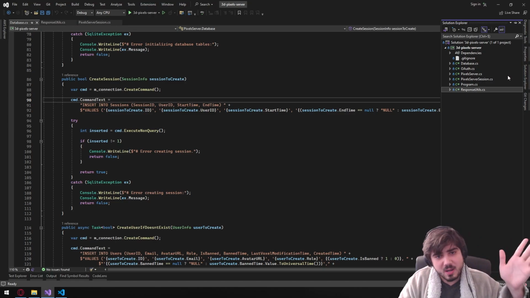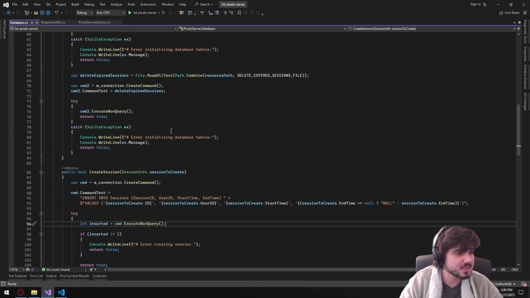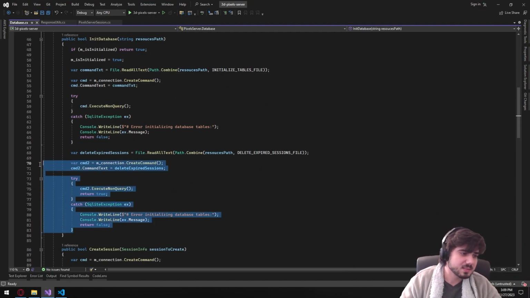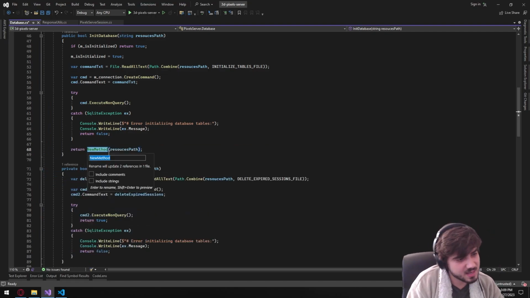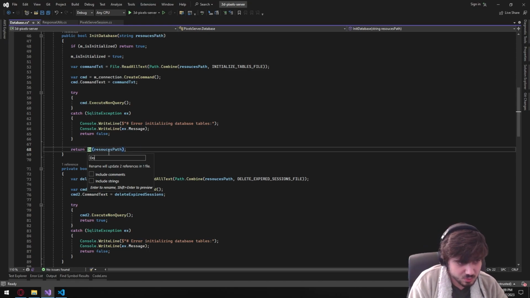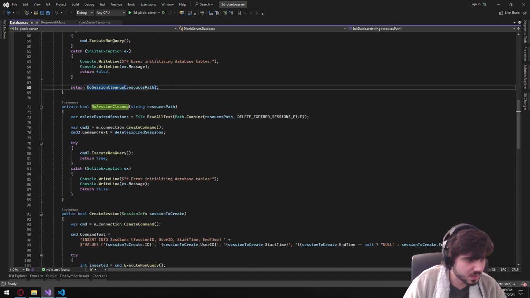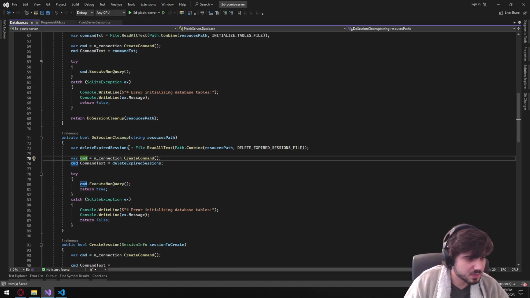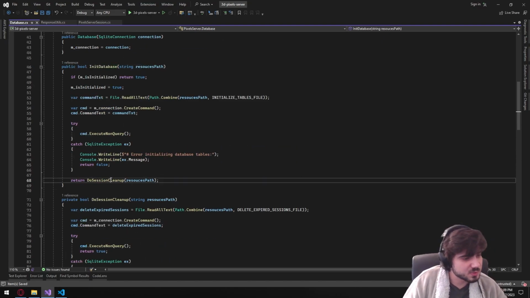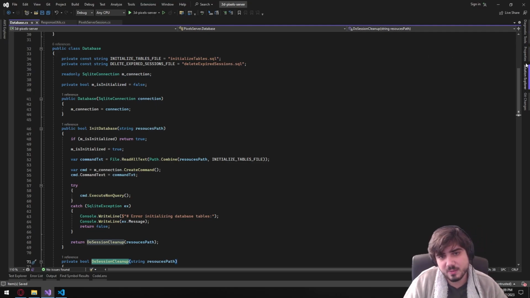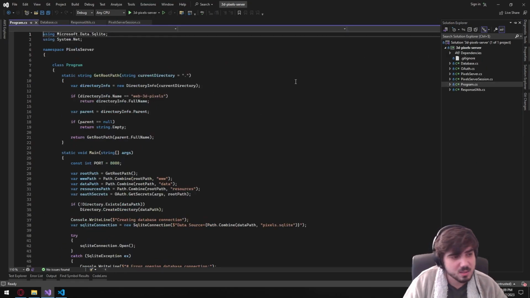So right now, if we go to our database, this is happening all in one function. Let's separate this so that it happens in a different function that we can call separately, right? So let's extract this and call it do session cleanup, and then it does its thing. This can be static, doesn't have to be static2 anymore. In the database we'll still do this, but if we go here on our program,